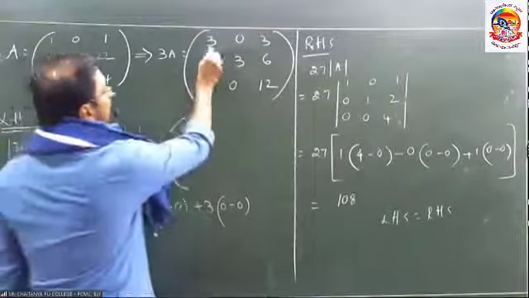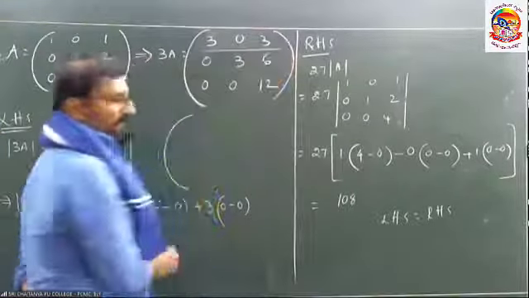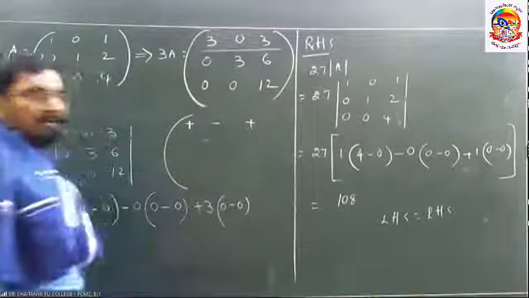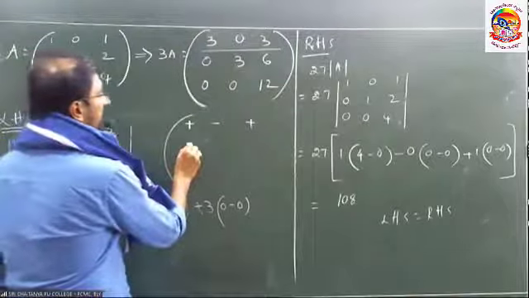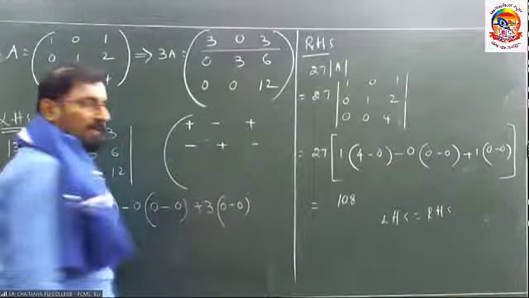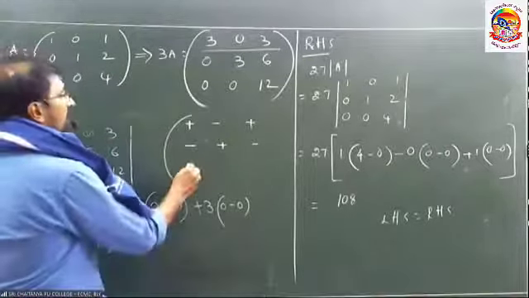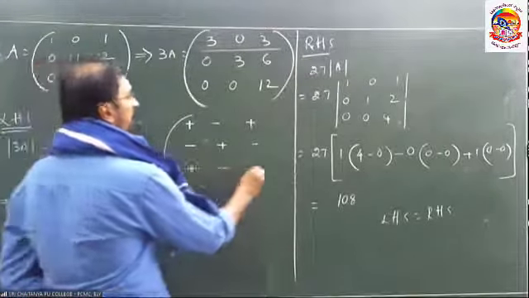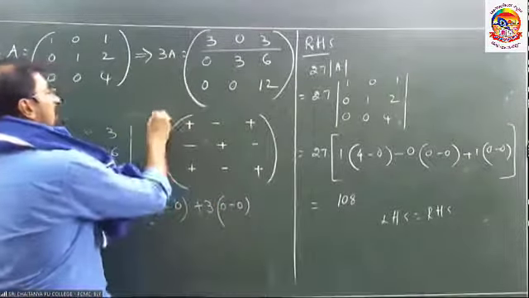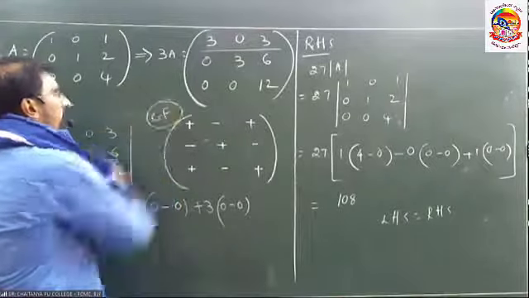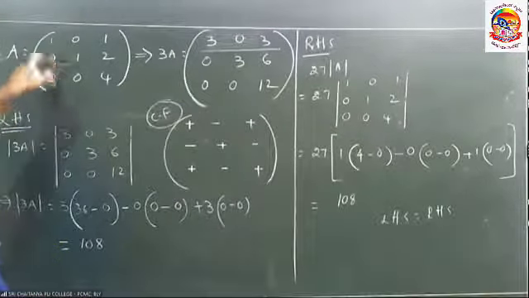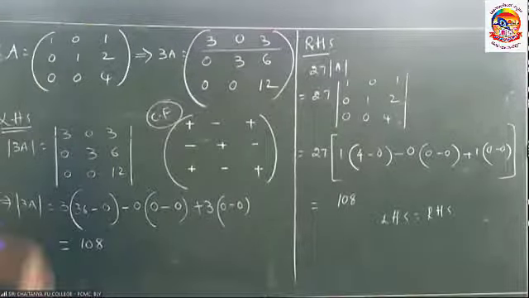If you want to expand the determinant with the first row, positive, negative, positive, right? And if you want to start with a negative, with the second row, negative, positive, negative, okay? And if you want to start with the third row, positive, negative, and positive. You are going to get this concept in the next exercise at the time of cofactors, right? So up to then, you just expand with the normal, that is first row.